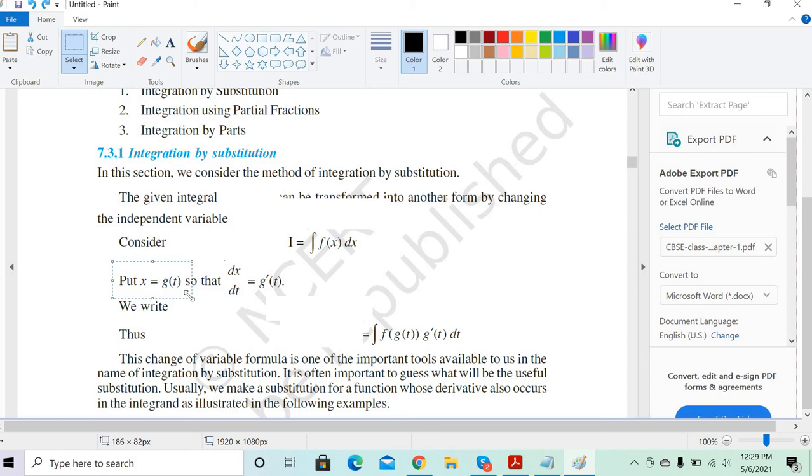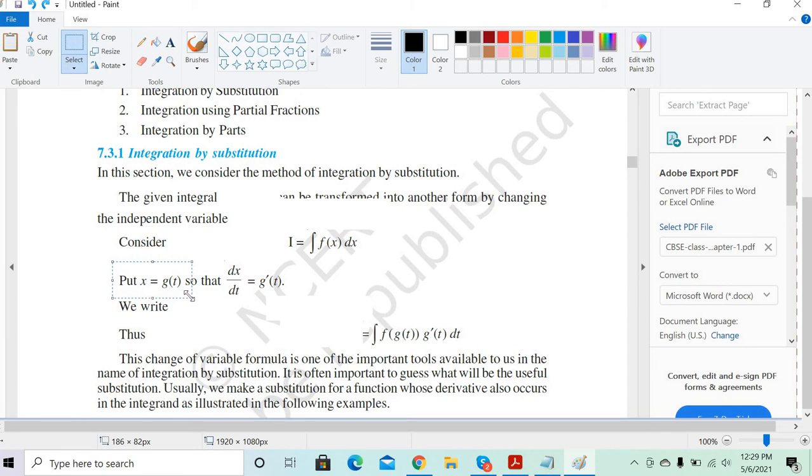Clear? Yes, sir. Now, we cannot substitute x directly, because we need to replace the dx also, isn't it? Because in f of x we can directly put x as g of t. But what about dx? You have to get the replacement of dx also, no? Because dx also has to be replaced with dt. So when you are changing the variable from x to t, everything will get changed. The replacement of dx has to be with respect to t, because you are integrating with respect to t. Earlier you were integrating with respect to x.